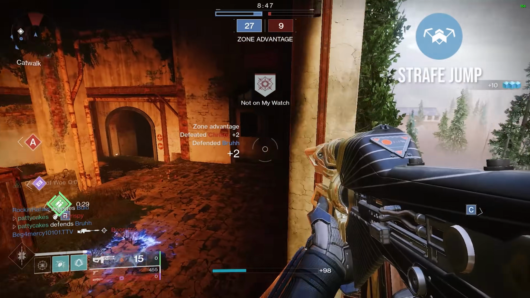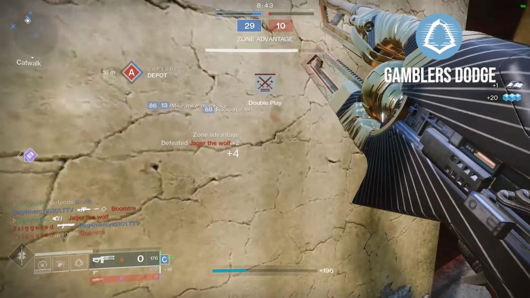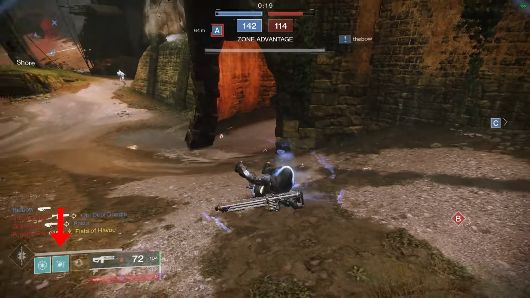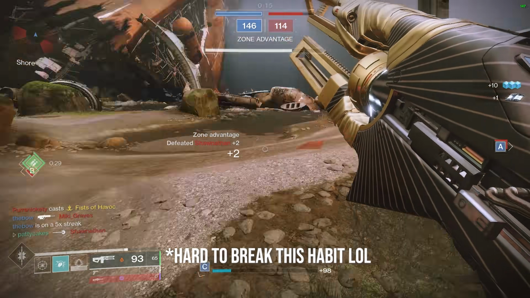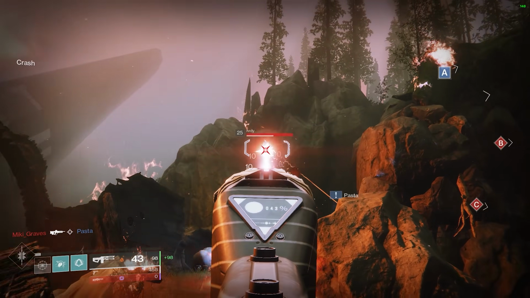I personally go with Strafe Jump for the best aerial control while jumping, and Gambler's Dodge for that improved dodging animation and the ability to get your Disorienting Blow melee back faster by dodging your enemies. In practice, you don't need to reload a whole lot with this build, and I'll talk about that in a second. When it comes to choosing a trace rifle, you can pick whichever one you prefer, but my personal favorite